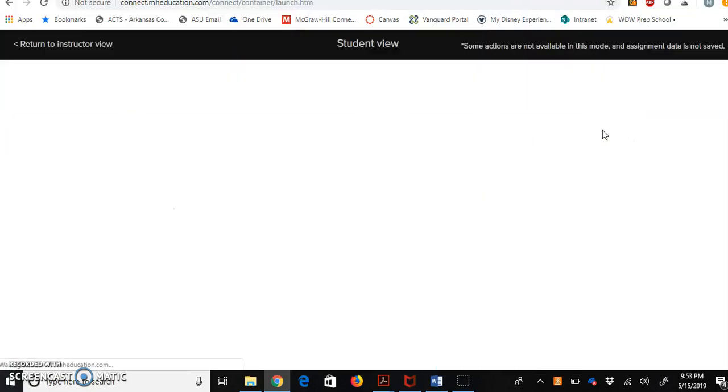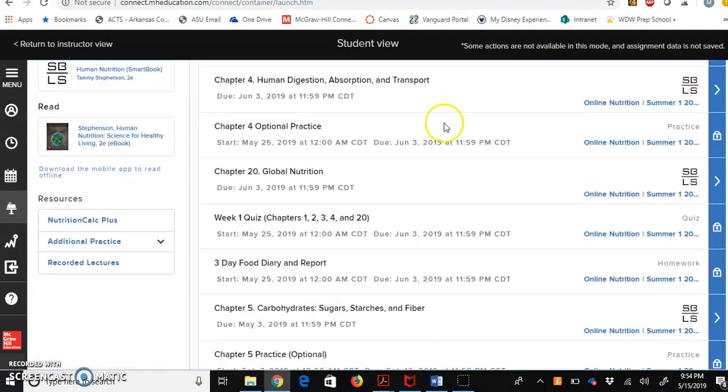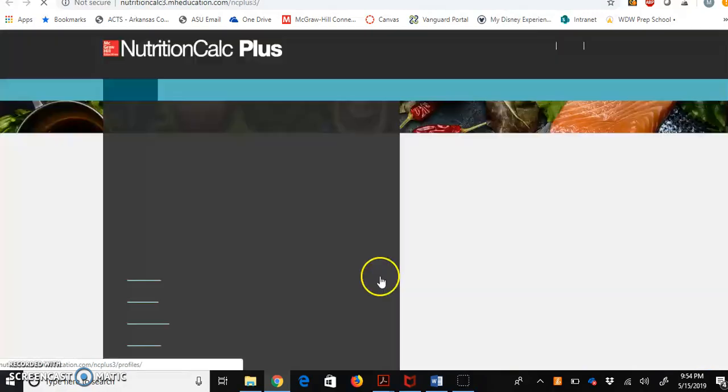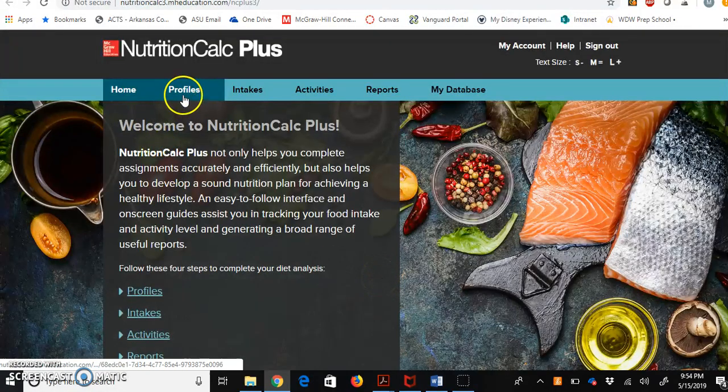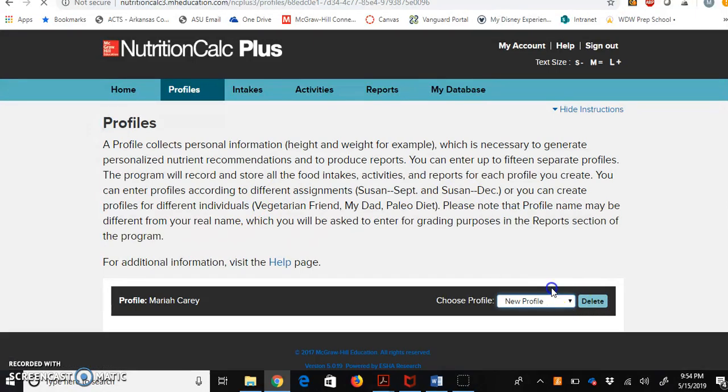Your view will look a little bit like this. Give it a moment to load. And you're going to scroll down from this page and find Nutrition Calc Plus. From here, you're ready to create a profile. You should not have any profiles